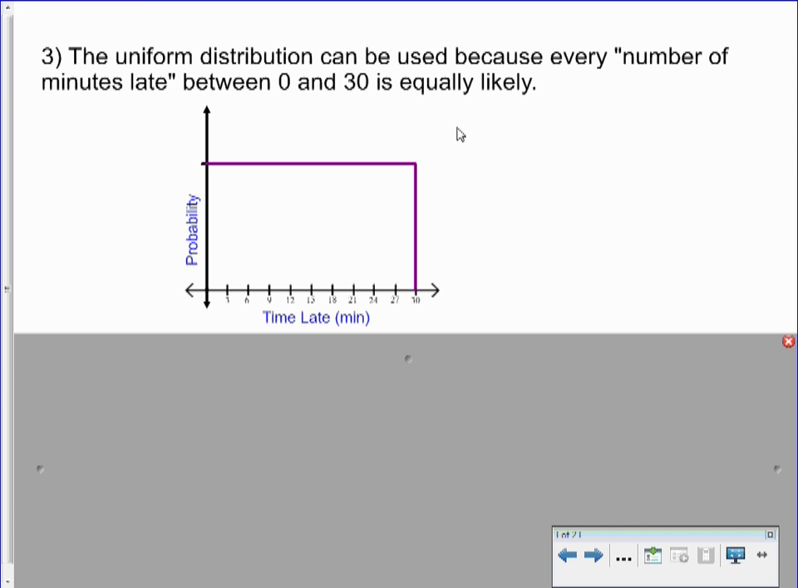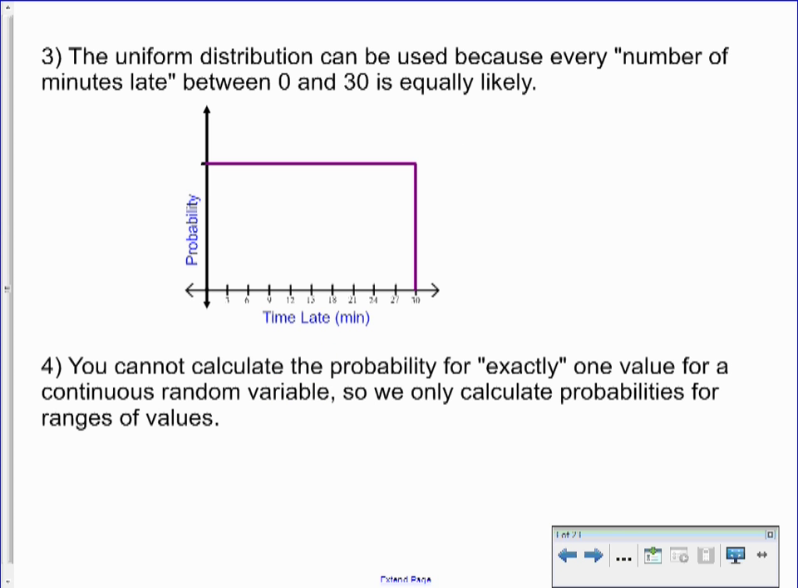Now, keep in mind that because we are talking about time, which is continuous, there are a gazillion possibilities. Yes, our friend could be 12 minutes late. They could be 12.2 minutes late. They could be 12.25 minutes late. They could be 12.2518 minutes late. There's a whole bunch of options there when you're allowing decimals and fractions in your calculation. And so really you have an infinite number of possibilities. So to deal with that,